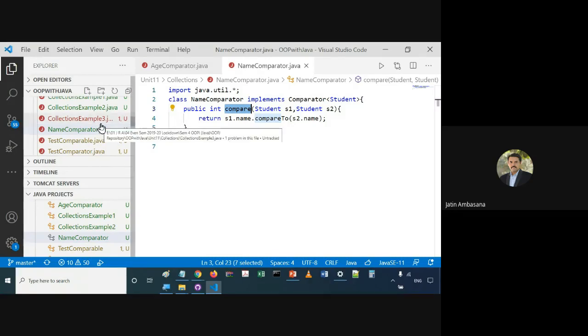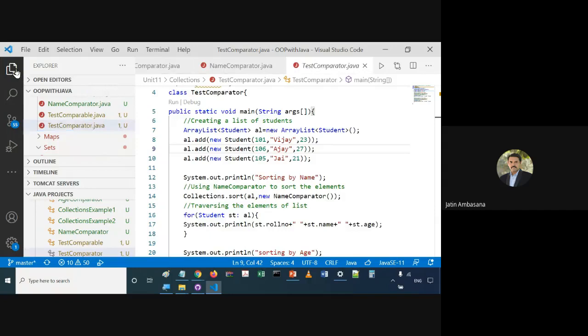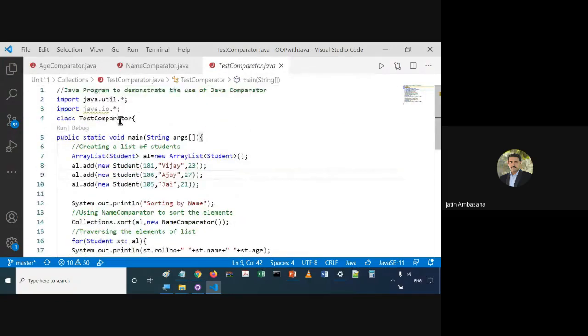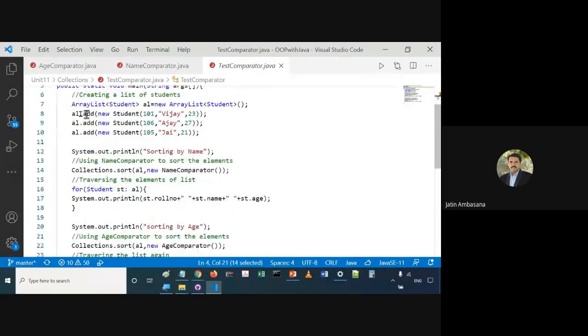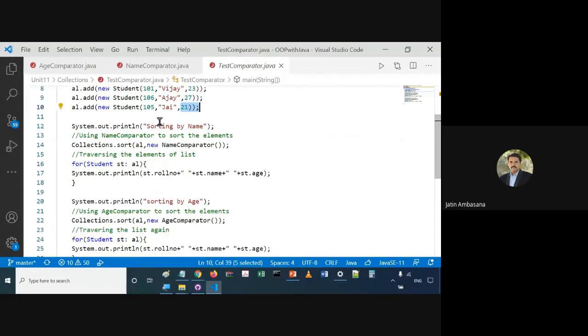So how do we use this NameComparator and AgeComparator? Let's check that out. This is the TestComparator class, where we create an ArrayList of students: Vijay, Ajay, and Jay. You can see the age of this is 23, age of this is 27, and age of this is 21. We now say sort by name, and let's see what happens.